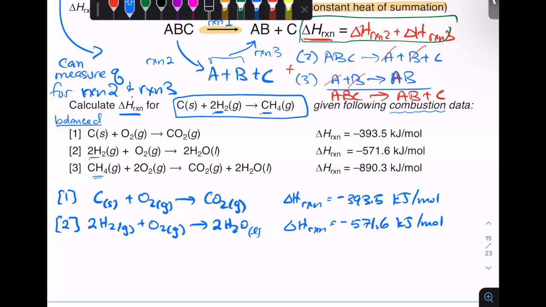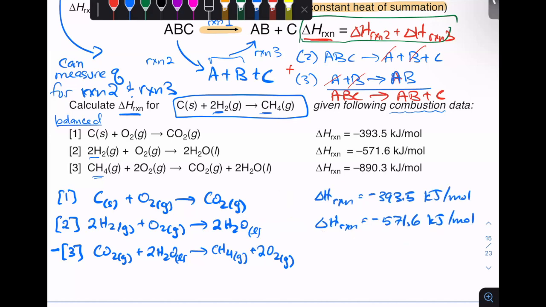So we're going to reverse it, all right? And the way that I like to notate that is just put a little negative sign in front of reaction 3. We're just reversing it. So let's write reaction 3 in reverse. That's going to be CO2 gas plus 2 H2O liquid. We'll go in reverse to give us 1 mole of CH4 gas and 2 moles of oxygen gas. I want everything lined up here. All right, so the delta H then for that reaction,